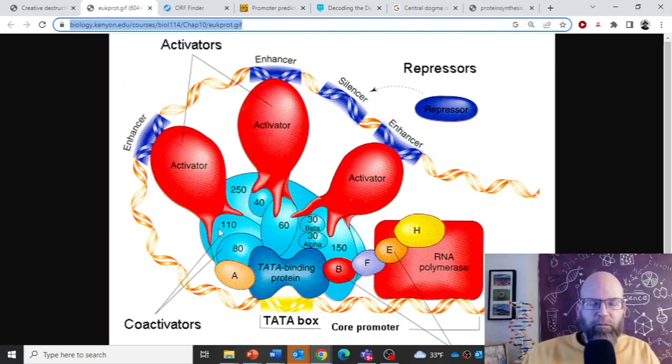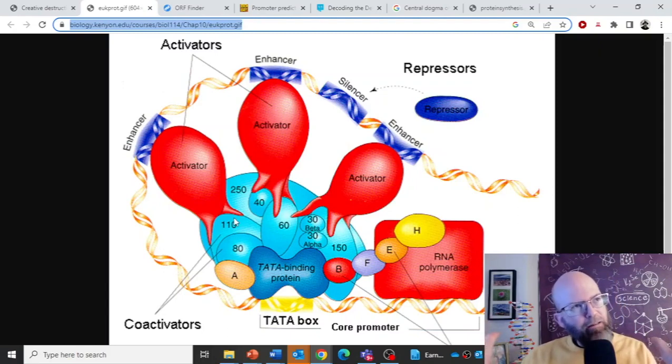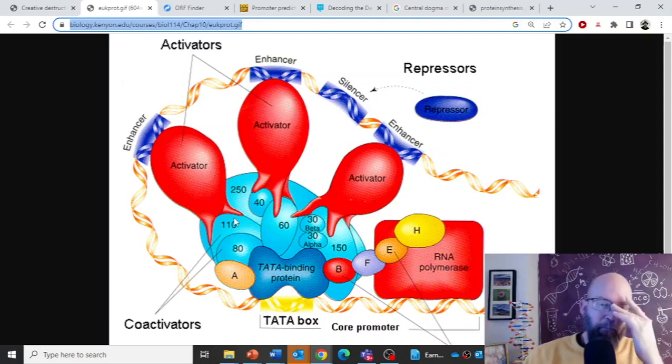That activator then binds to what's called co-activators, which are other proteins in your cell. Those proteins bind to your TATA binding protein box, and they form a giant complex. It's called the mediator. I think I got that right, the mediator. And if you have multiple enhancer sites, you can attract multiple activators, and the multiple activators will attract more co-activators, which then drive up, let's just call it this,